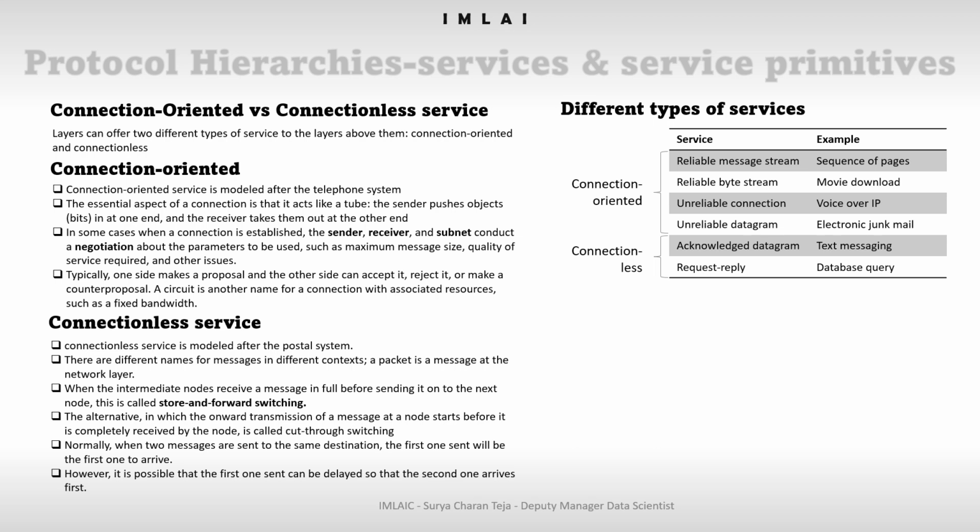Now, a reliable connection oriented service has two minor variations. What are those? The first one is message sequences and byte streams, which you can see on the screen. In the former variant, the message boundaries are preserved. When two 1024 byte messages are sent, they arrive as two distinct 1024 byte messages and never as one 2048